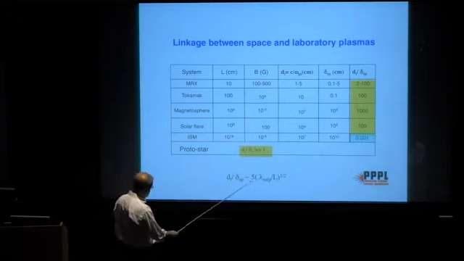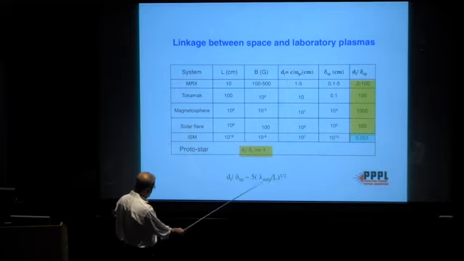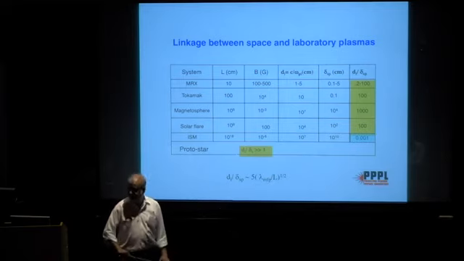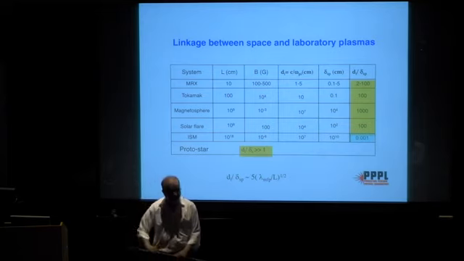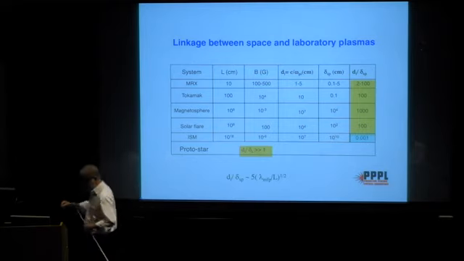But this tells you the story, lambda mean free path over L. And so if you go to collisionless systems where lambda mean free path over L is becoming larger and larger, the Hall effects and the pressure gradient terms are going to become more and more important. And so it's just a continuum of things.